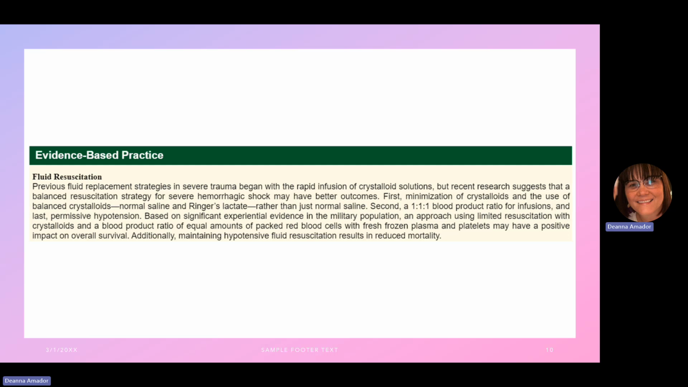So this slide just kind of talks about, we've talked about it before, but fluid resuscitation. There's evidence-based practice that shows that